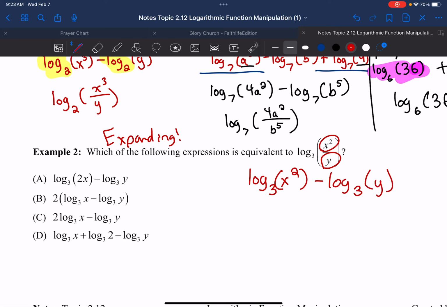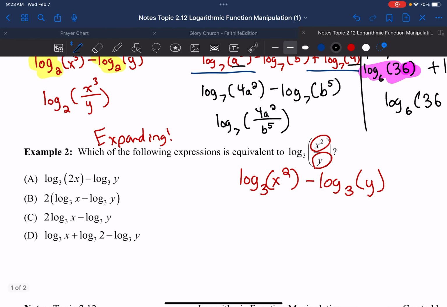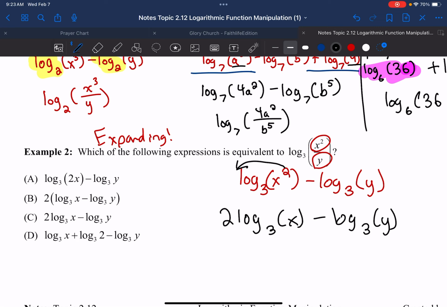And now, to rewrite this fully, when you expand, you can do the power rule the opposite way. You can move the 2 to the front. So you would have 2 log base 3 of x minus log base 3 of y, which would be, let's see,